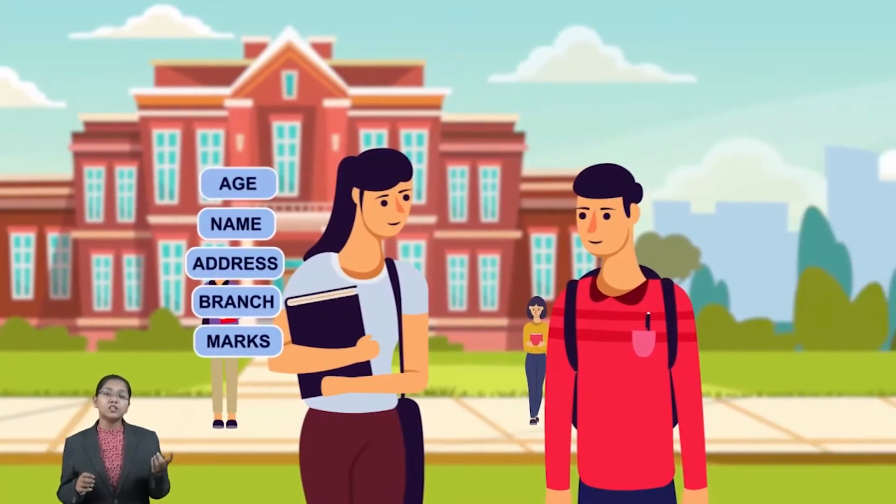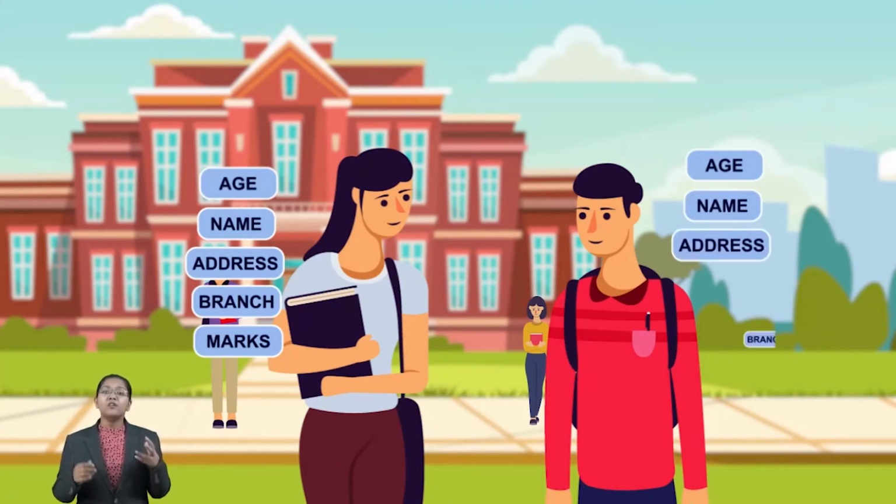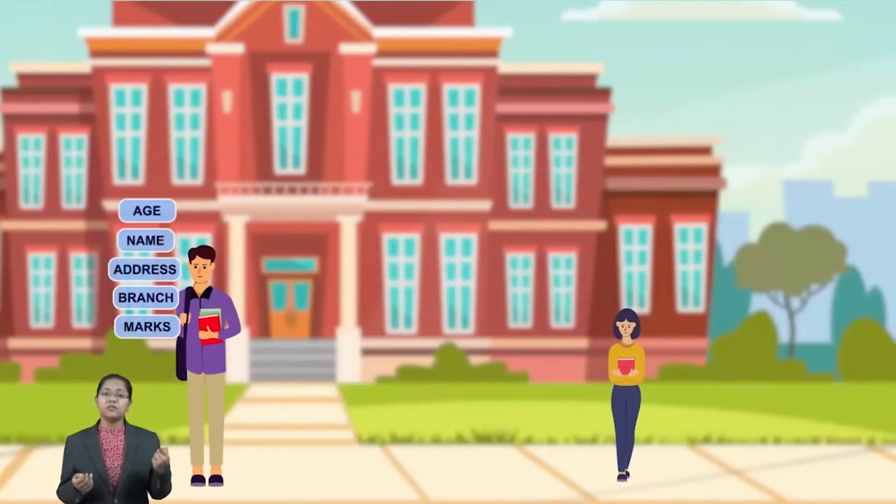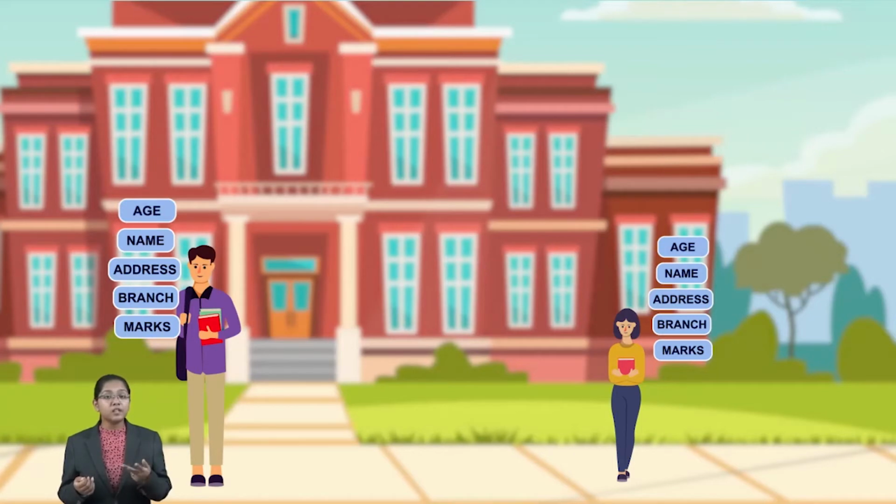Now again say the second student has come. Now for the second student also there are the same parameters, because these parameters are mandatory, right? If any student is coming to your college for admission, then what will be your first process? You will first take the name, then you will take the age, branch, address, right? So similarly I have also fixed these parameters and that student also has to fill them up. Now similarly, again the third student and then the fourth student. These two students will also have the same parameters because those parameters are mandatory for each student, right?